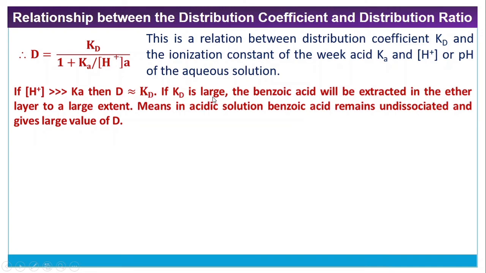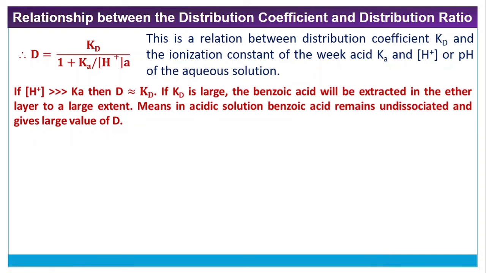If Kd is large, the benzoic acid will be extracted into the ether layer to a large extent. If the distribution coefficient is large, then the benzoic acid can be extracted into the ether layer to a large extent. This means that in acidic medium, benzoic acid remains undissociated and gives a large value of